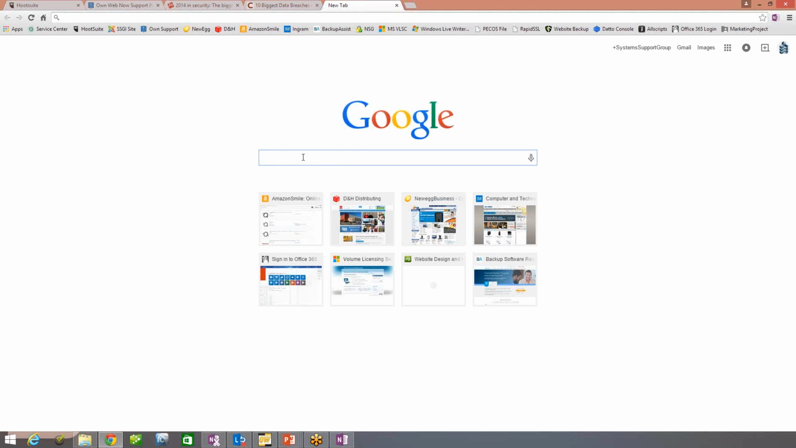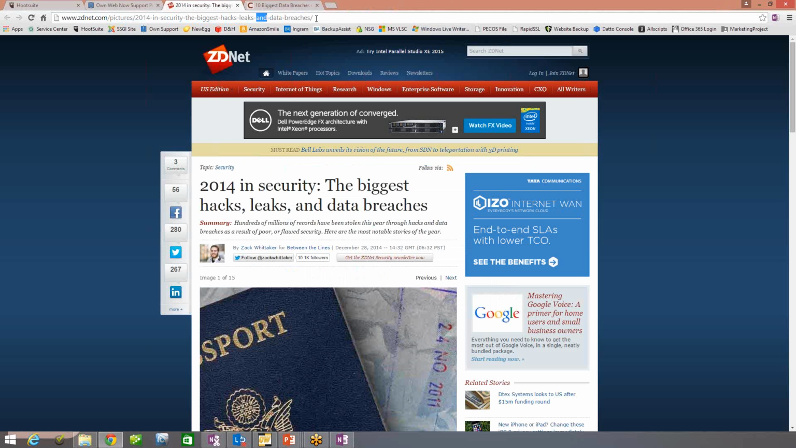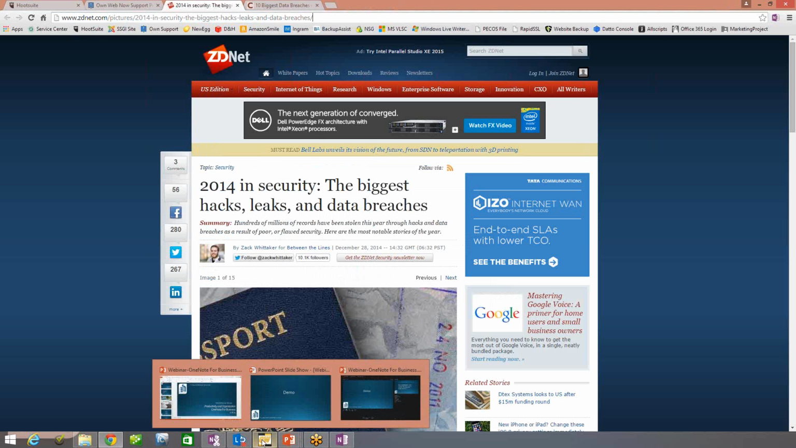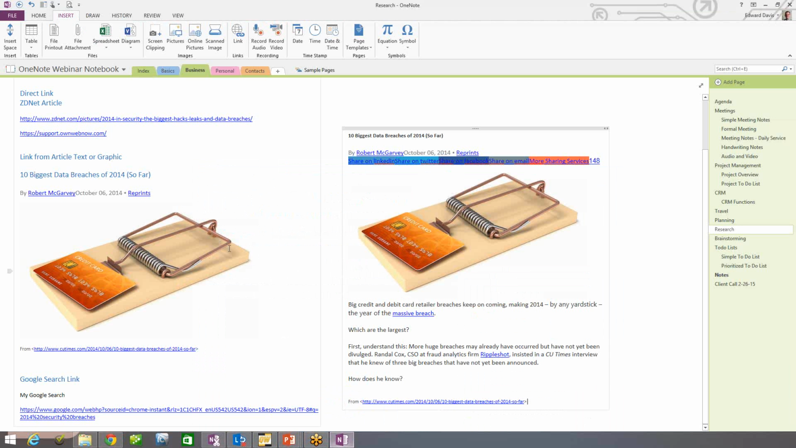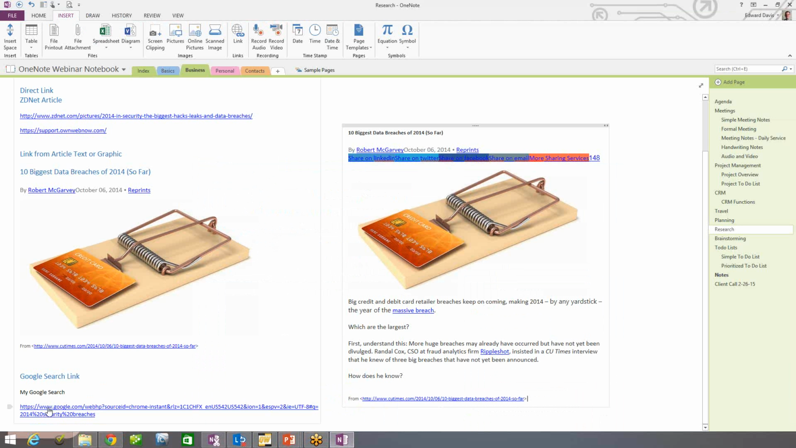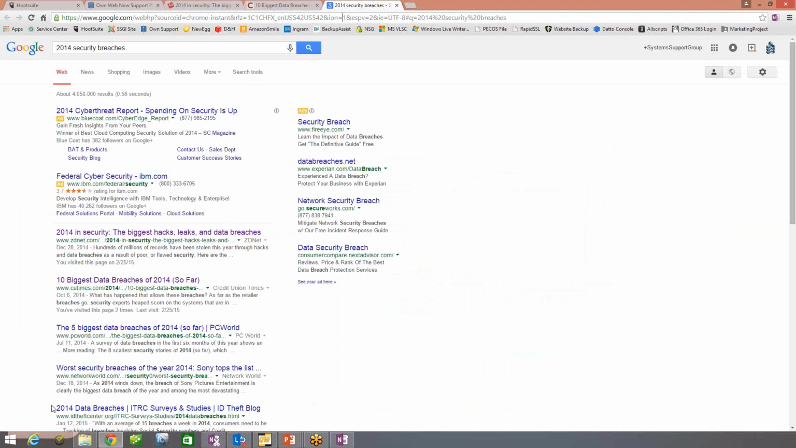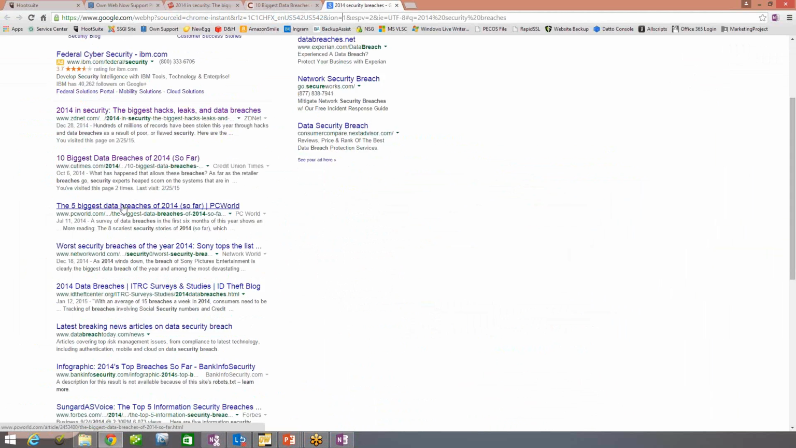I put in a search, which was 2014 security breaches or whatever. And when you do a Google search, it brings up all of the sites. So what I did was I copied the actual link up at the top here, the link of the Google search, and I dropped it into OneNote, and that's this link right in the lower left here. So if I click that now, it actually does the Google search, and here's all the articles that came up